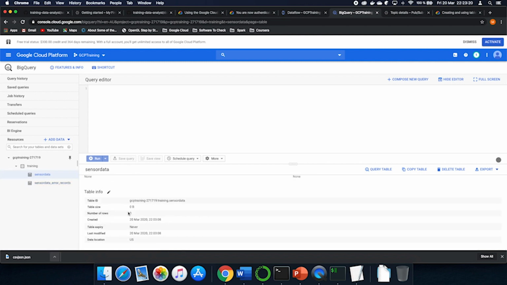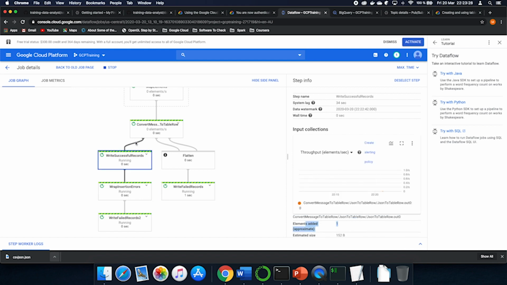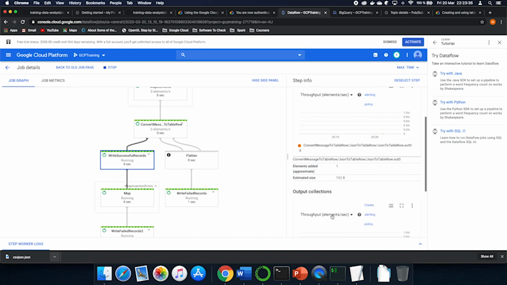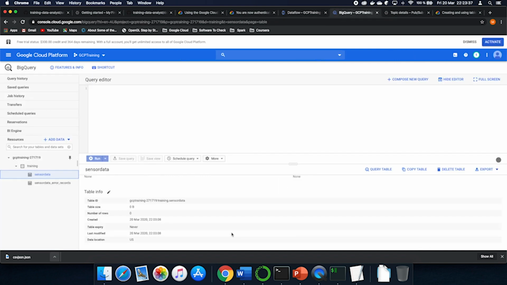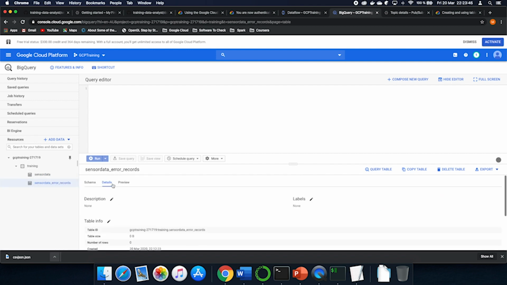So if our pipeline says that we have one element added, it should mean that